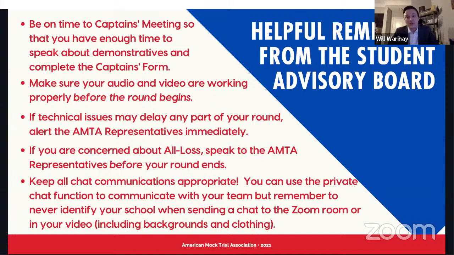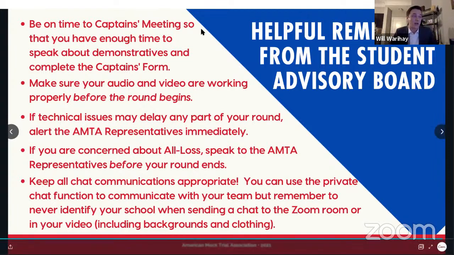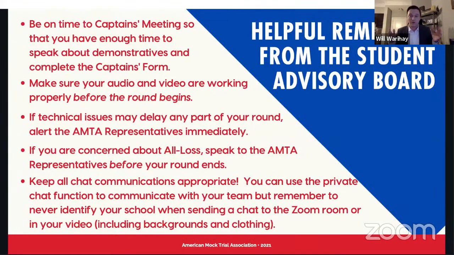This means we encourage you to get into the Zoom that you're going to be using for your trial and test your audio and video to make sure it's working. A lot of times, in terms of your video specifically, let's say you're a witness, you want to make sure that you're centered on the screen and the lighting's okay. If you go to the bottom corner of your Zoom, and you can actually do this right now, on the video button there's a little caret, and you click the up arrow on that. It'll show you the video settings, and that'll give you a preview from your camera of what your video looks like. That way you can make sure you're centered and your lighting's good before you actually turn on the camera and you're on screen for the judges.